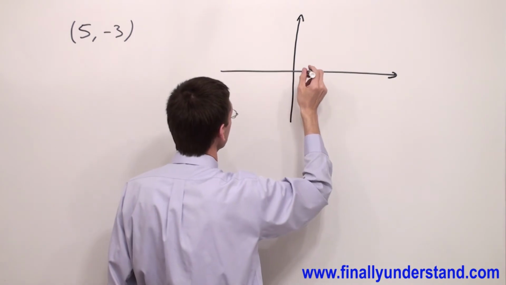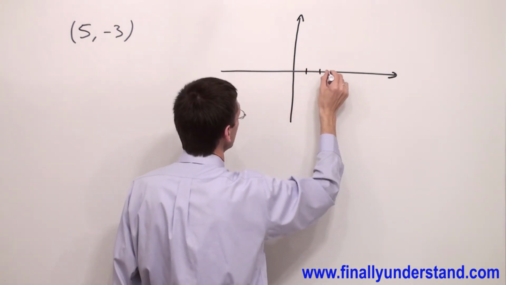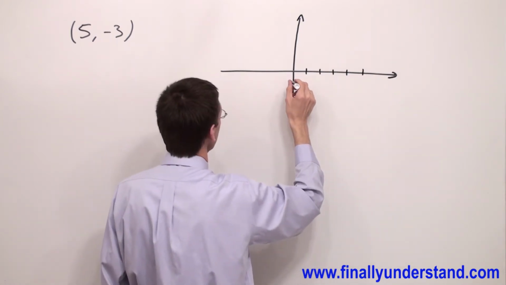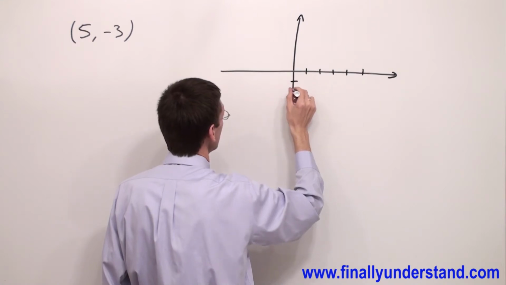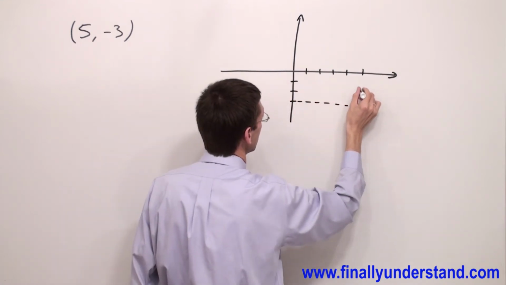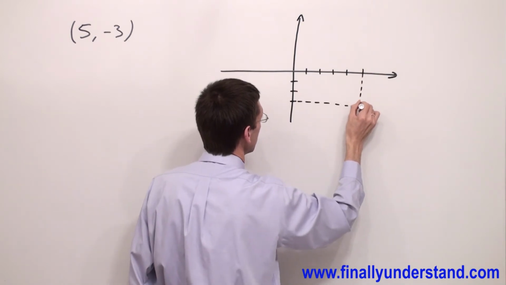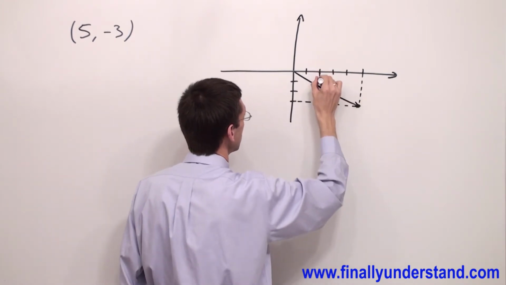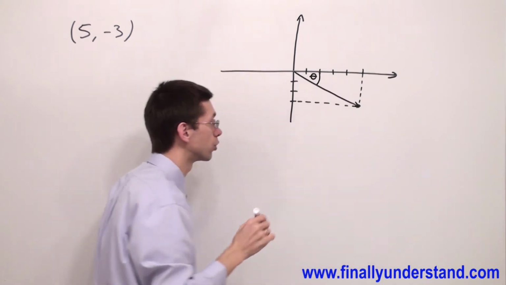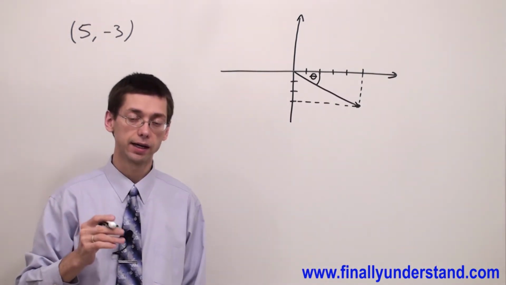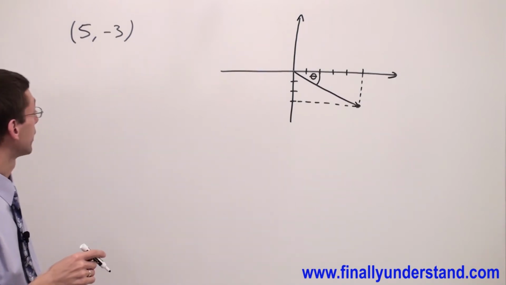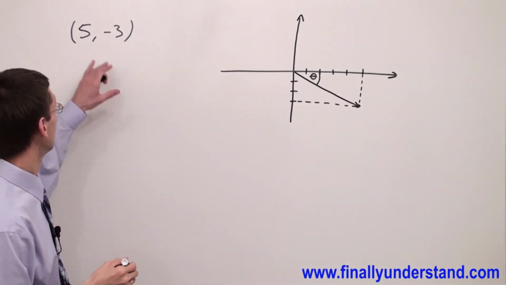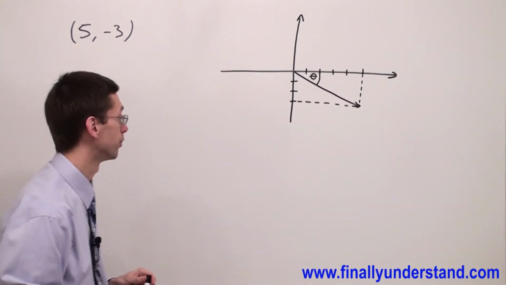My real part is 5. I have 1, 2, 3, 4, 5, and my imaginary part is -3. I have 1, 2, 3. This is my point, and this is the phasor which I'm going to try to find, and this is the angle theta. It's always good to draw the diagram first, because it simply visualizes what happens in the problem. So this is my point